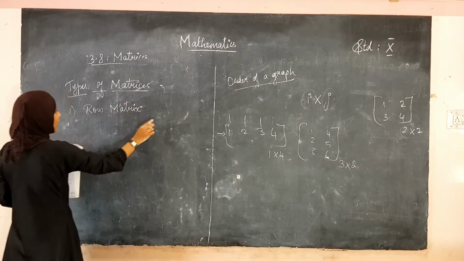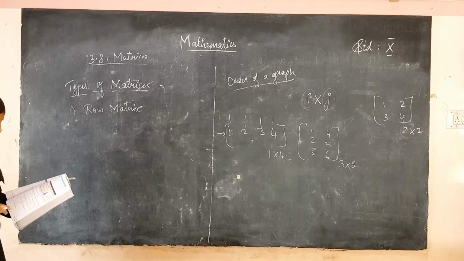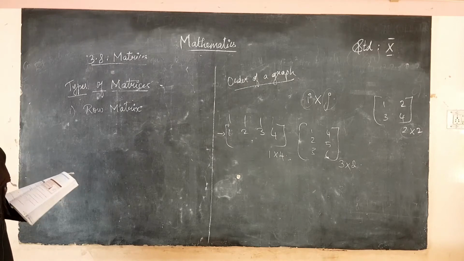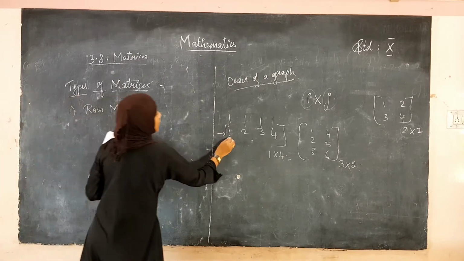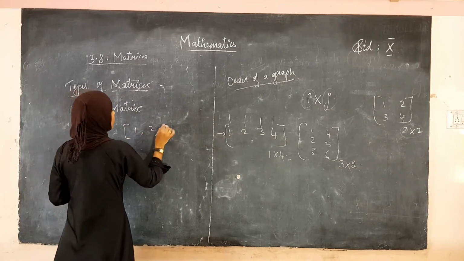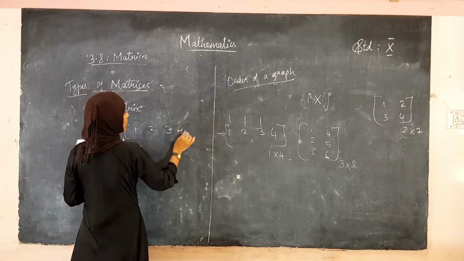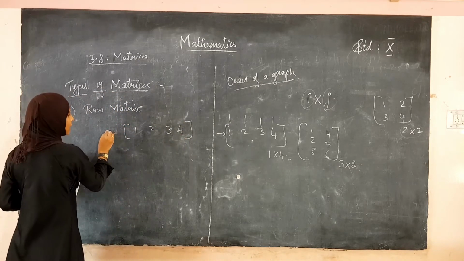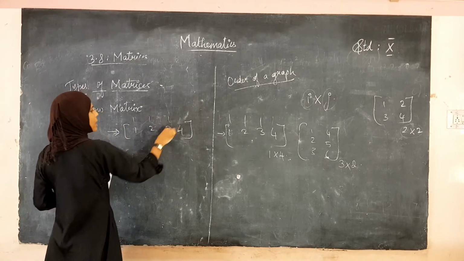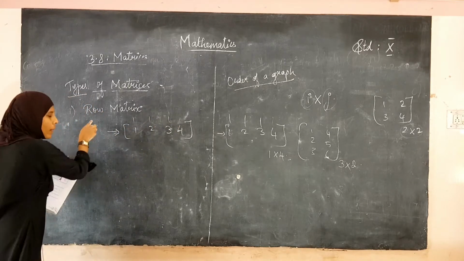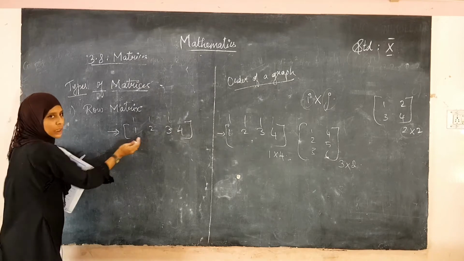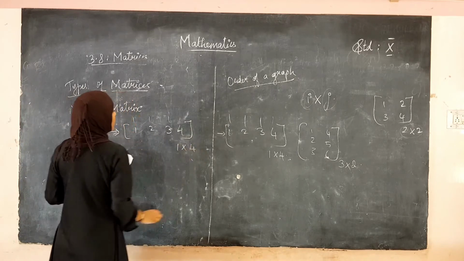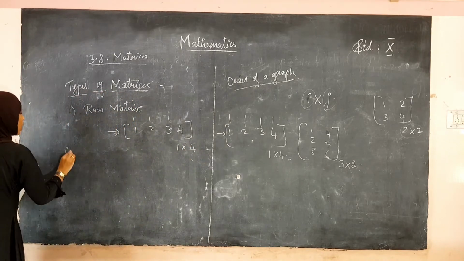From the title itself, you can see it is the matrix with a row, right? A row matrix is a matrix which has only one row and may have any number of columns. See this example, 1 2 3 4, we should not separate it by commas. If the matrix is given like this, you see it has only one row and 4 columns. It may have many columns, but a row matrix should have only one row. The order of this matrix is 1 cross 4. This is the row matrix. Similarly, the column matrix.